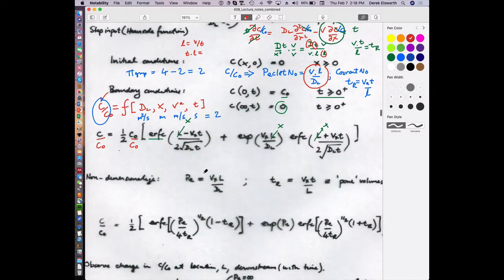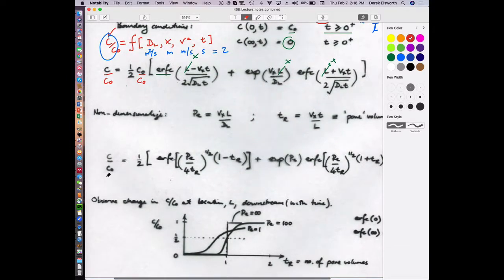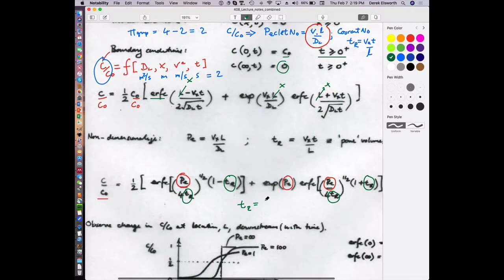Bottom line is that you can rewrite this expression in terms of only those dimensionless characteristics. One is relative concentration on the left, and the only other two terms you see cropping up in here are the Peclet number and this term that represents what I've called the Courant number after its originator, and you can think of it as a pore volume. So if you look at this Courant number, which is equal to an advective velocity multiplied through by time divided by length,